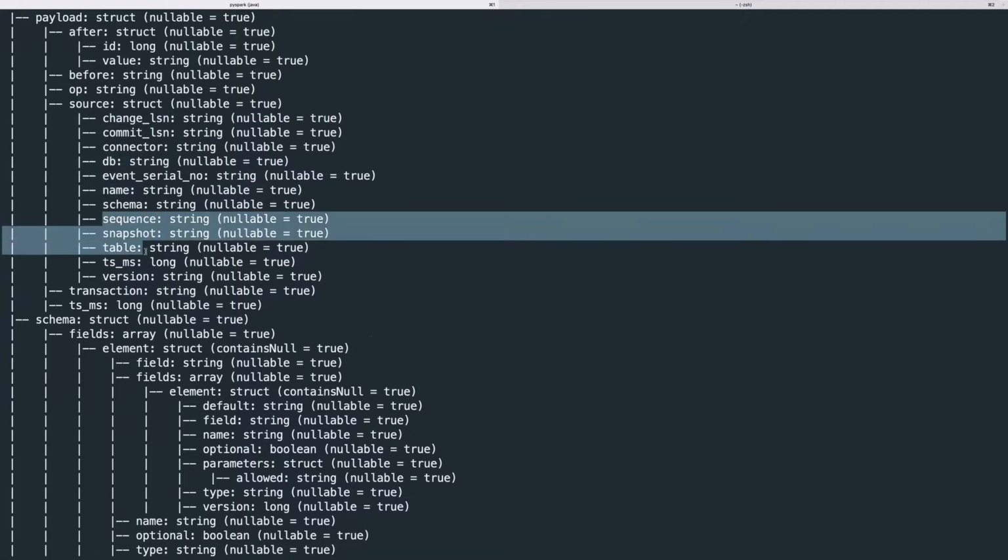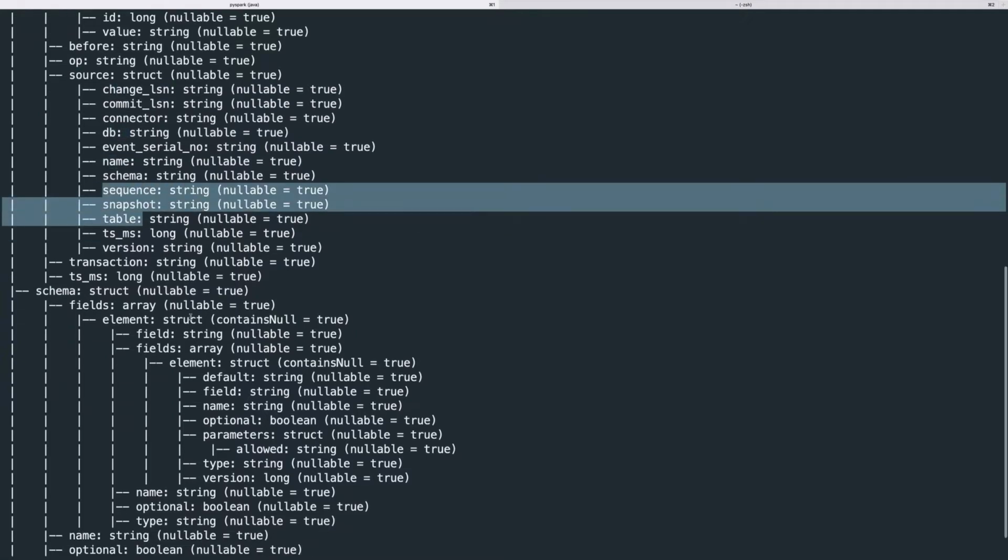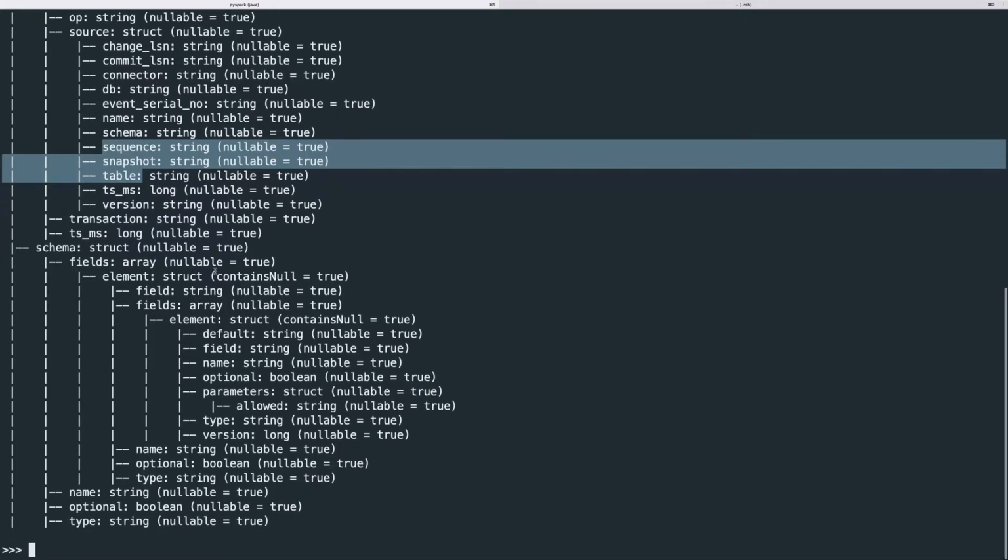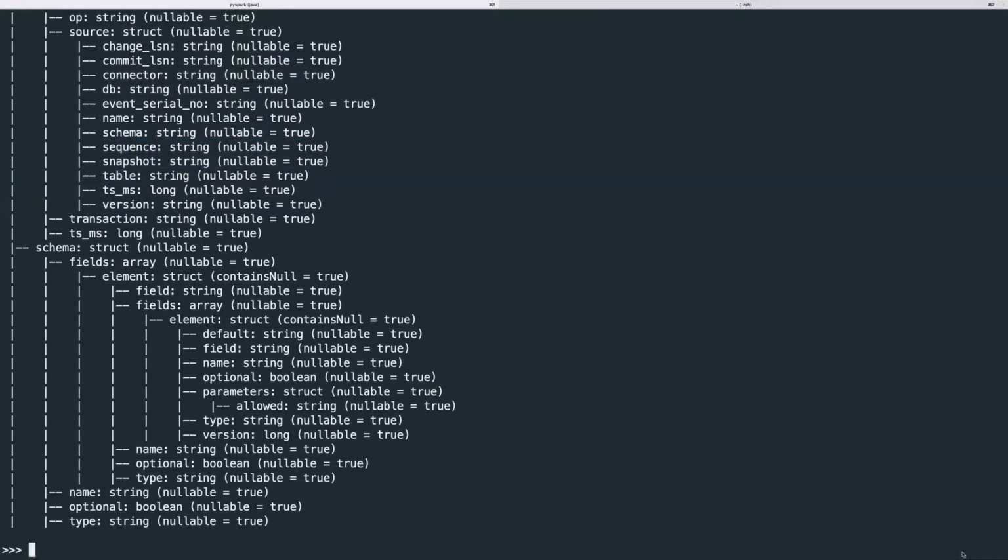We're just going to select a few, so we're not going to select everything. So let me call this new_df equal to df.select payload.source